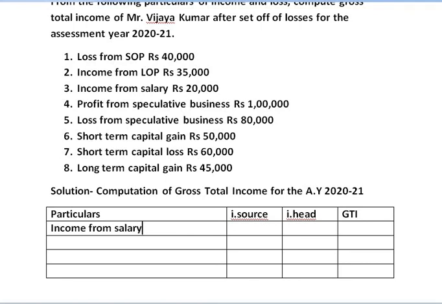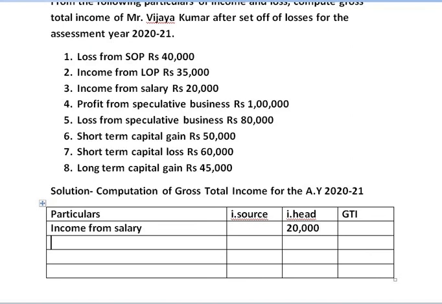Income from salary given in the sum is rupees 20,000. As there can be no loss from salary, we cannot take this amount to the inter-source column. That is the reason we have to take it to either the inter-head column or the gross total income column, depending on the loss from house property. And in the sum you can see there is loss from house property rupees 40,000, income 35,000. So the balance loss will be rupees 5,000, which we have to set off against income from salary. So income from salary is taken in the inter-head column, rupees 20,000.